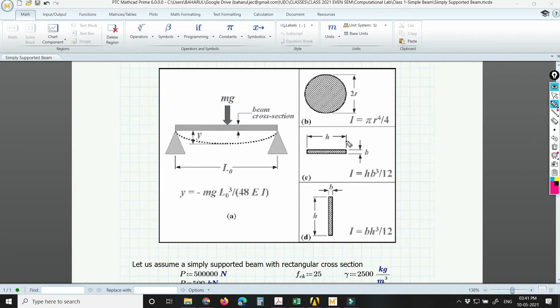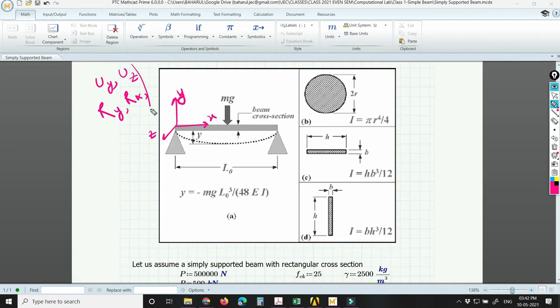So how can we do that? Suppose this is x, this is y, and this is z. We will restrict the displacement in the y direction, displacement in the z direction, rotation about y, and rotation about x.